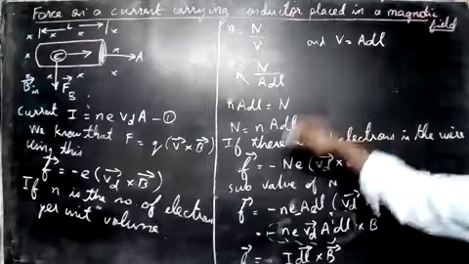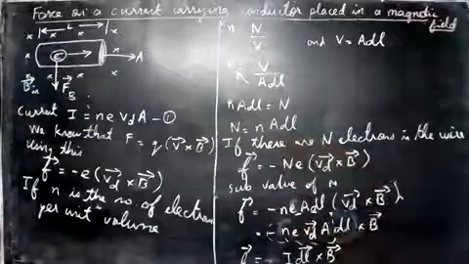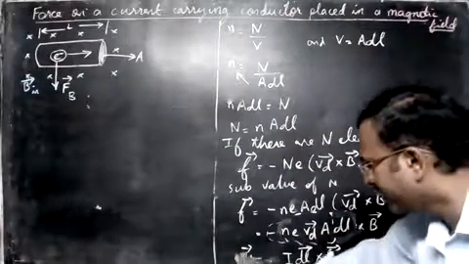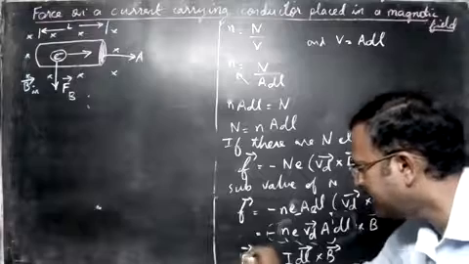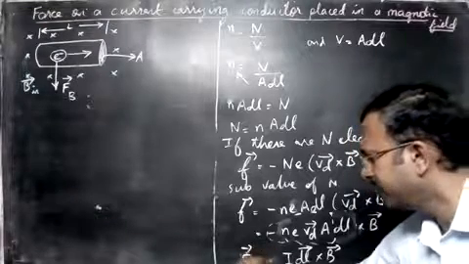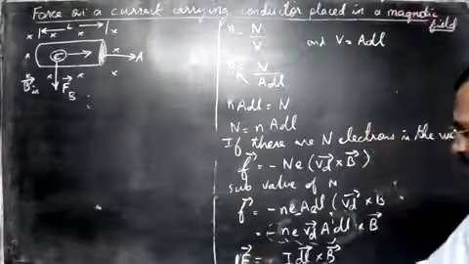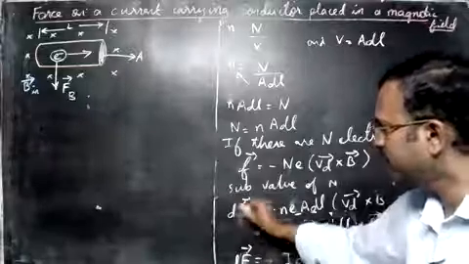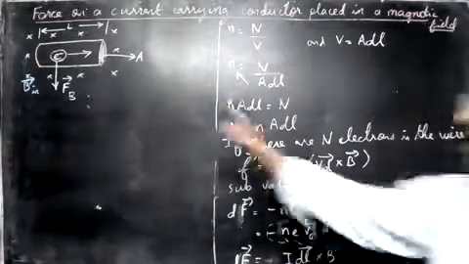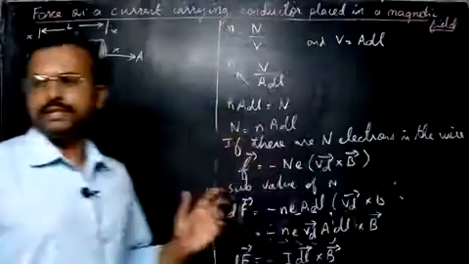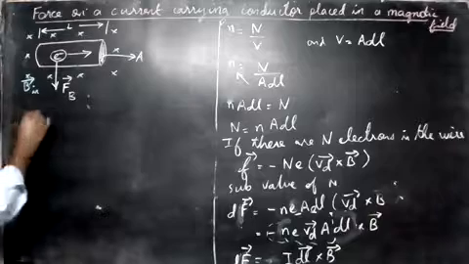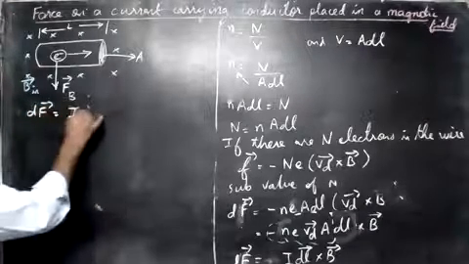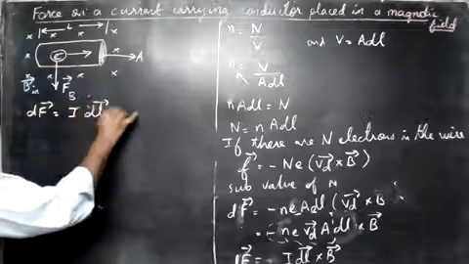Let me erase this topic up to here. So there's a small change here. We write this as capital F itself, and dF here. Why? Because dl is a small element we're taking here, so here also we write it as d into capital F. Now from here I'll continue on this side. So let's see what we get now. So here we get dF is equal to I dl cross B vector.